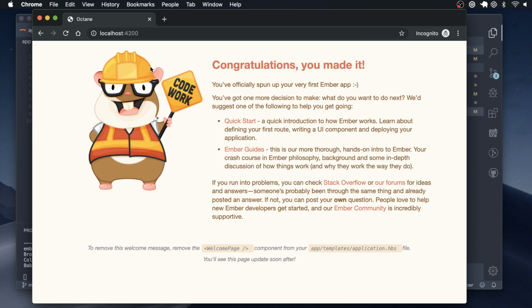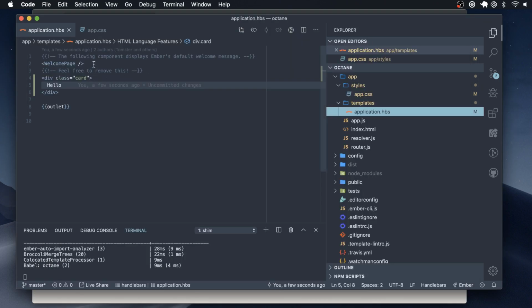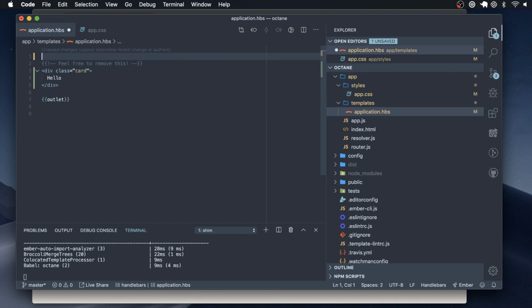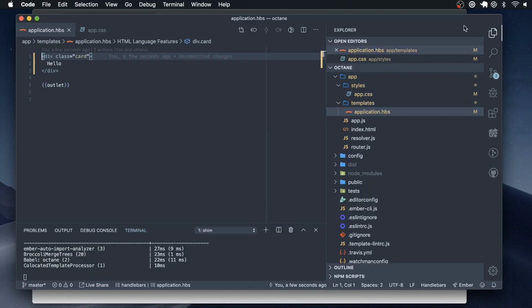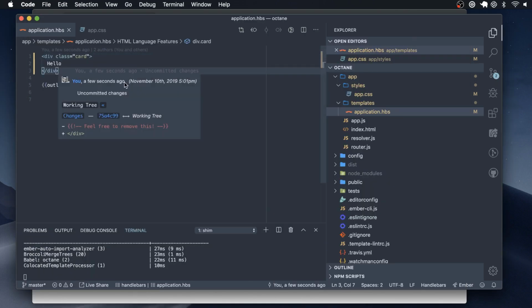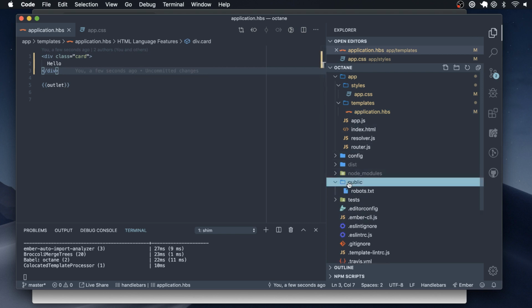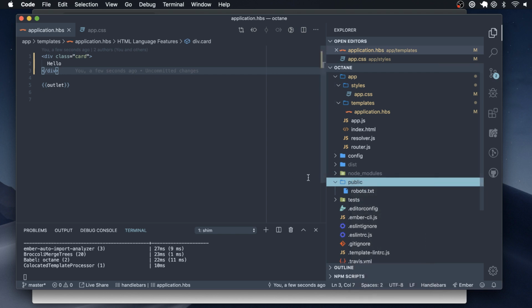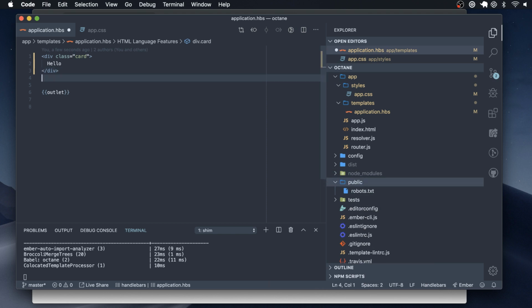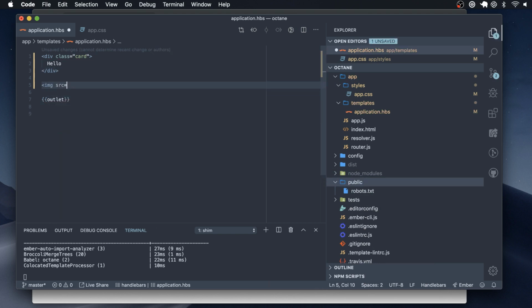So this top portion is actually a component, and so we can remove that here. And so we save it and come back here. There's our HTML. It's all styled. And then if you want to add images, you can put them in the public folder here and then just link to them. So if I create an images folder, put an image in there, I can do something like image source equals /images/my.png,